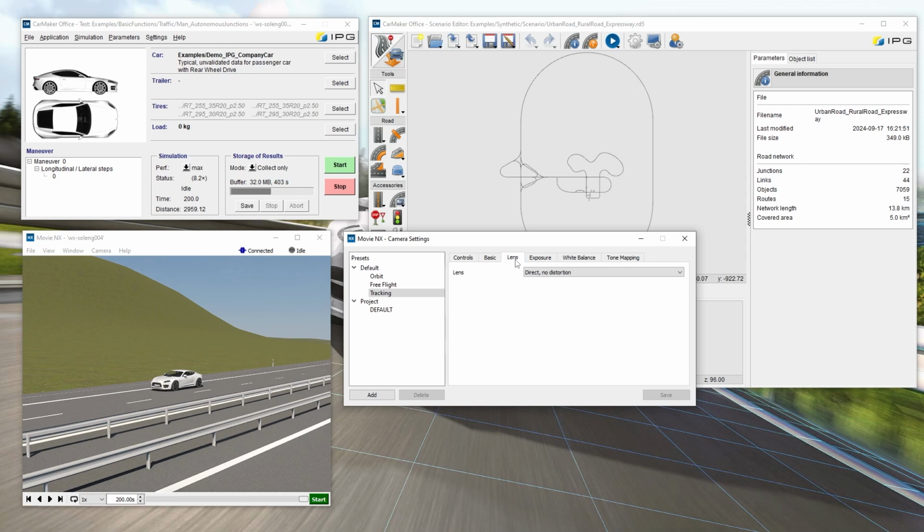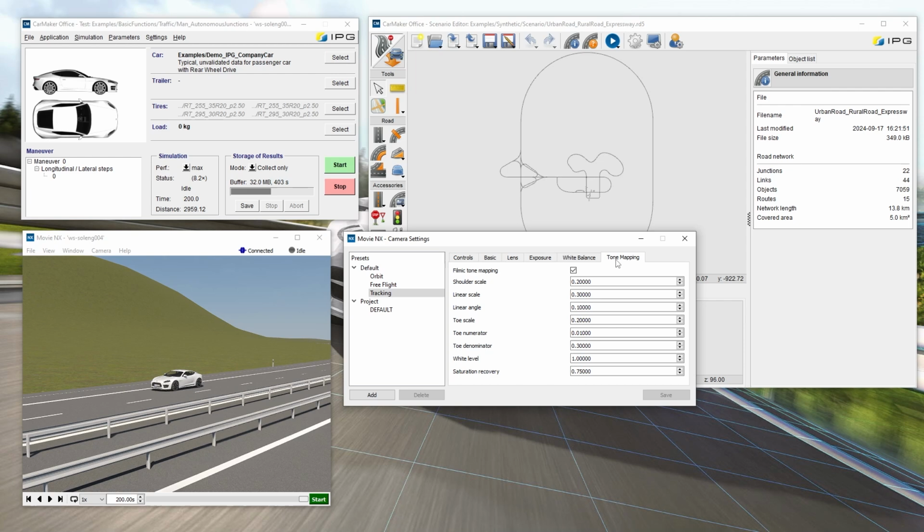In the next tab, 6 options are available for the different lenses. For more information on lens type, please have a look at our reference manual. In the following tab, you can set the camera exposure. There's either a classic or physical-based camera model. And you can choose between 3 exposure models. Configure it by entering the appropriate values. You can also change the white balancing and tone mapping in the other tabs. On the left, you can save the configuration in your project folder.